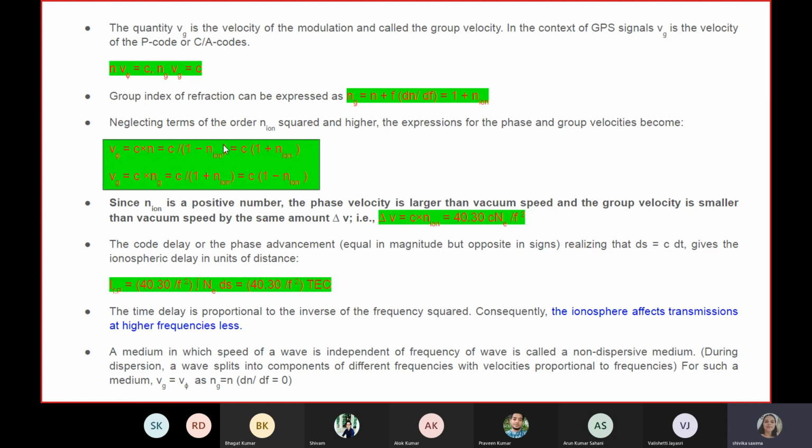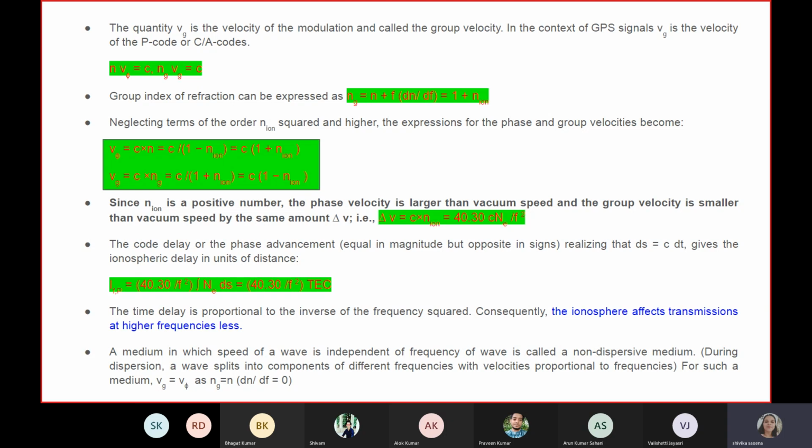Using this relation, as well as the group index of refraction 1 plus anion, neglecting terms of the order of anion squared or higher, the expression for phase and group velocities will become like this. V phi is equal to C into N, equals C by 1 upon 1 minus anion. When you normalize this, you neglect the higher n squared terms to obtain and approximate it to